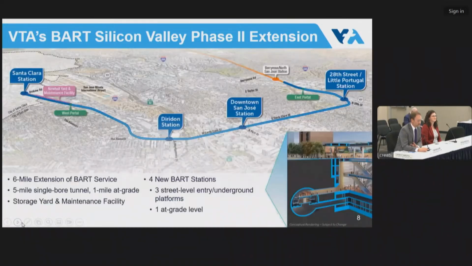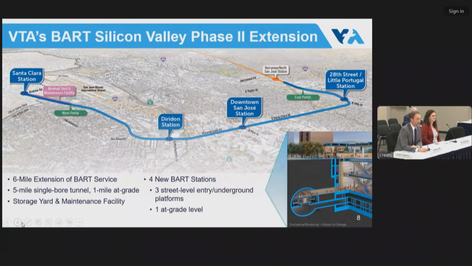The Phase 2 extension, I could talk about the slide all day, but I'm going to try to go fast. Going from right to left on this diagram, this is the project we're trying to build. So it starts at the existing Berryessa station, which is above ground. The trains from Berryessa will dive into a tunnel at a place we call the East Portal, and there'll be a 5-mile long single bore tunnel that stretches from just east of the 101 freeway, under the freeway, through Little